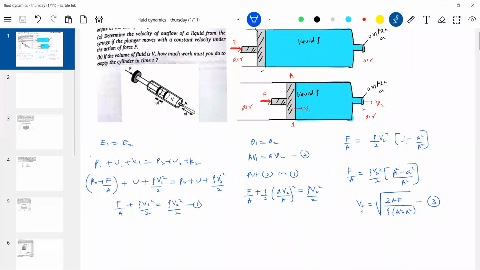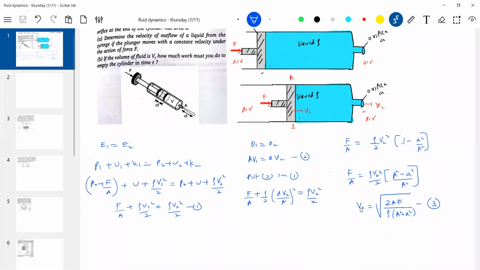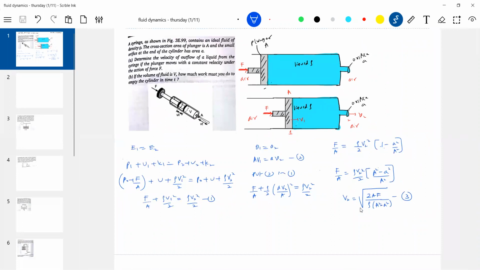Okay, now, what is the next part of the problem? We'll wind up things here only. Okay, this is about V2. So actually small a will be very much less than capital A, so the equation will become,